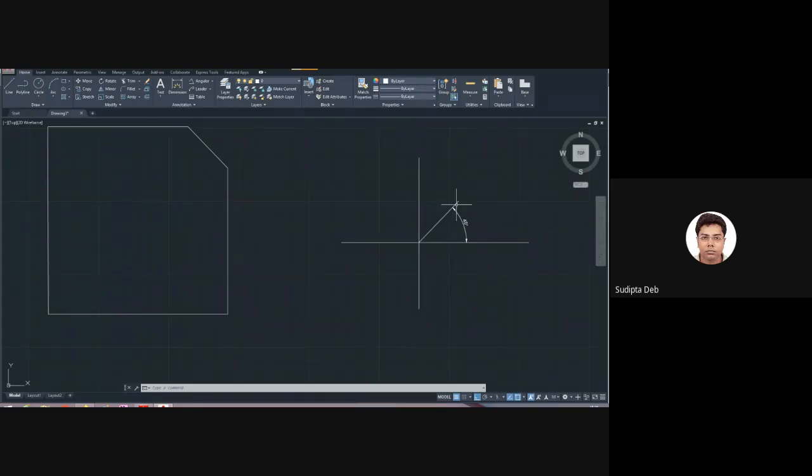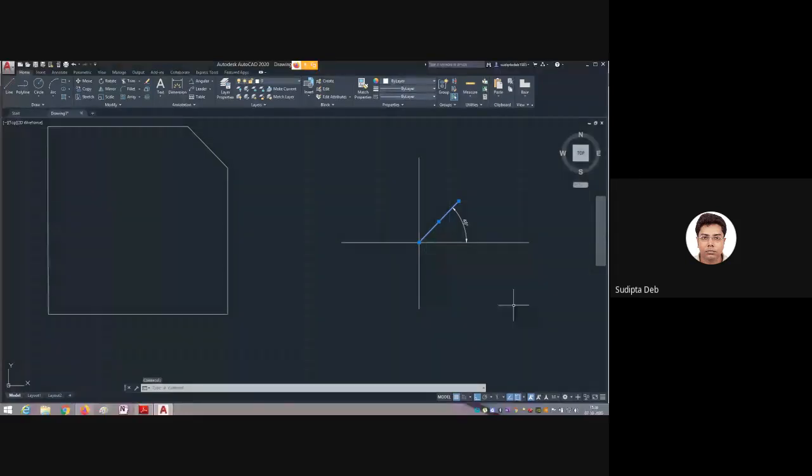That means if I want to draw the same line on the other side, we can use this command. How to use it? You can also note down in your copy: @ distance less than angle. So the command is first, let me press the escape button. I am showing: L enter for line.